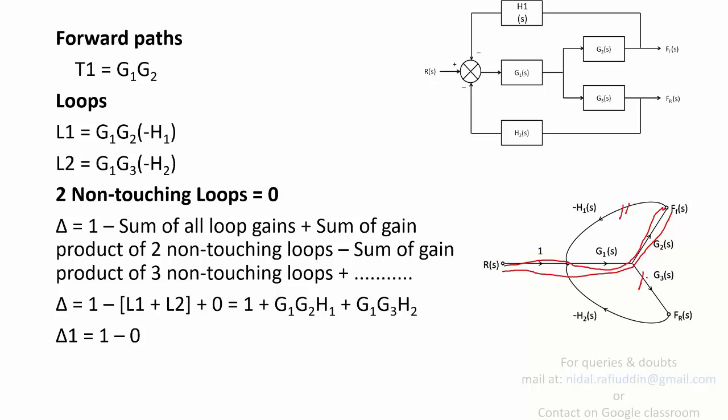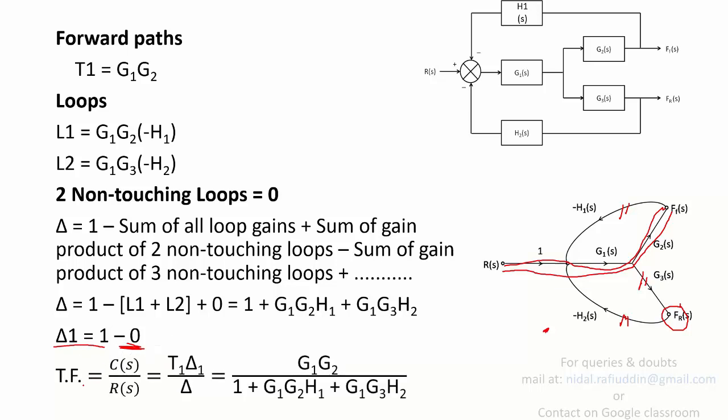So this particular node does not touch the SFG. But since it is only a point or a node, for this particular node you don't have any loop, and thus there is no loop, and you will be getting an expression 0 here, and you get delta 1 as 1 only. If you are going to substitute this into the expression of transfer function, which is T1 delta 1 by delta, so T1 is obtained as